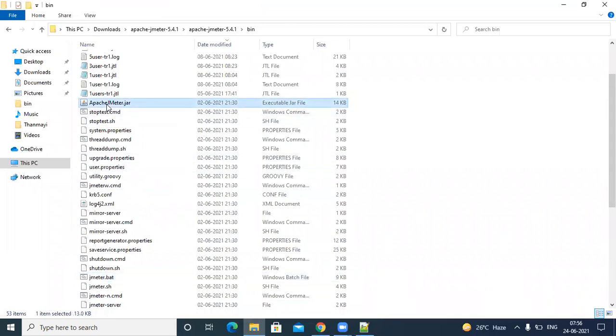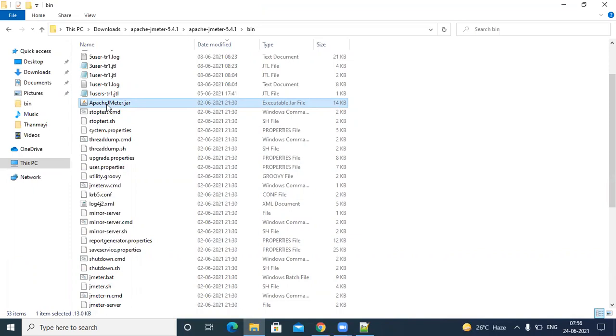Open source tools will always come with a .jar, because you can check the code inside it. Whereas if you see .exe, you can't check what is in it, because it's commercial. They don't want to expose their logic and conditions.